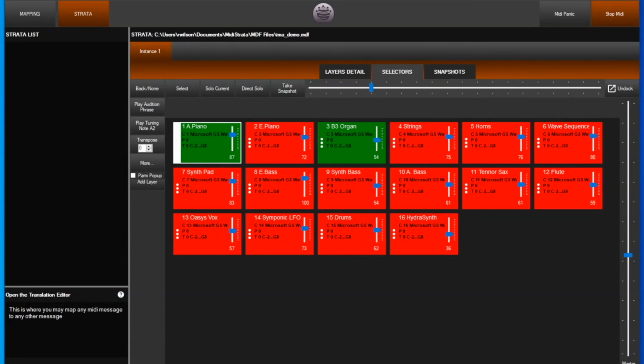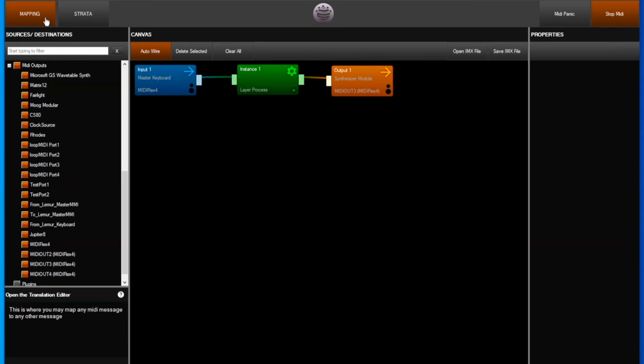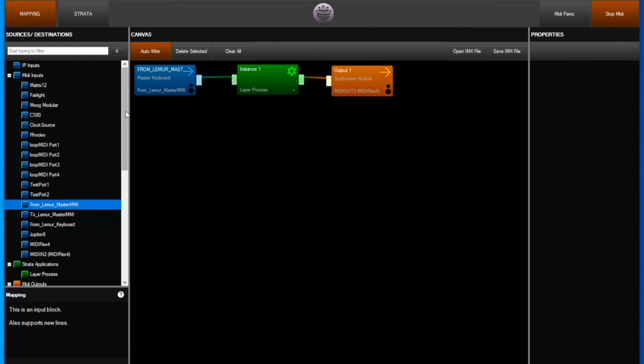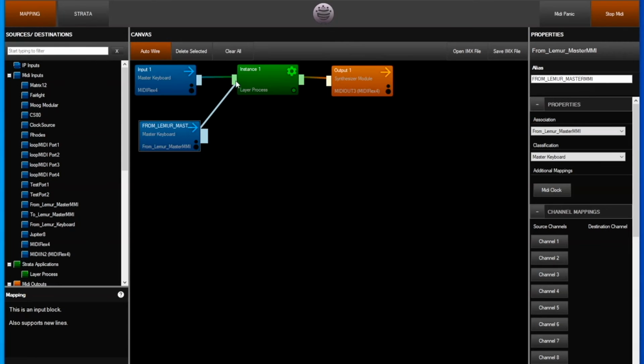So now that I have basic sound set up for my demo performance, let me do one more thing. Let's go back to the mapping, and I'm going to set up the connection for the remote iPad because we're going to actually use that at the Oasis. So we go back to the mapping, and we're now looking for some inputs, and that would be from the Lemur Master MIDI. We click that, bring that down. We're going to connect it up to this instance,